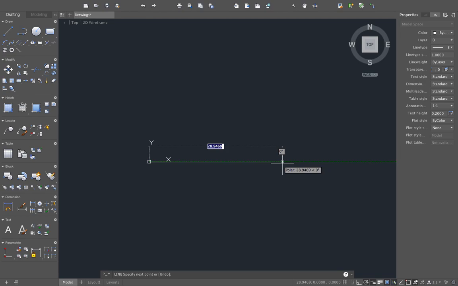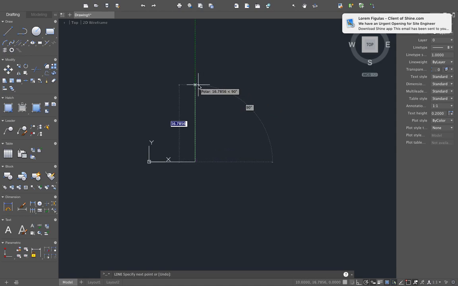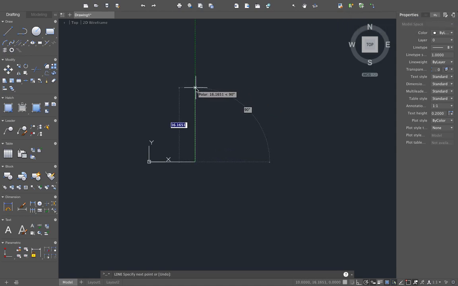So now I'm going to draw a line of 10 dimension. So here is the 10 and I'm going to press enter. Instead of enter I can also use the space bar to give commands. So here is the length of the line. Now I want to make more, so I'm going to make 5 dimension of line, then